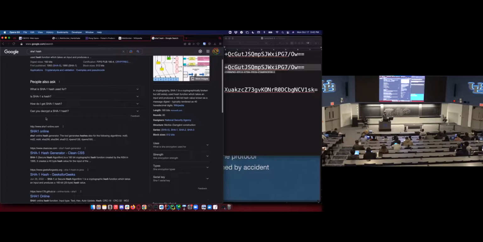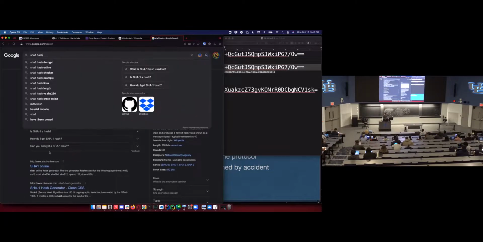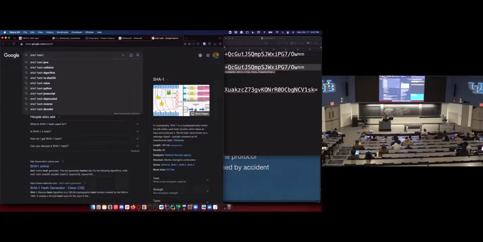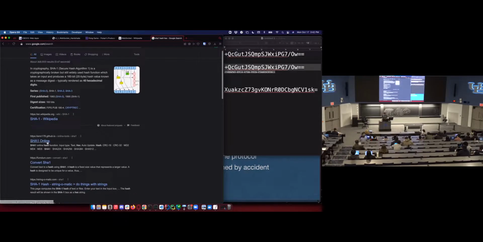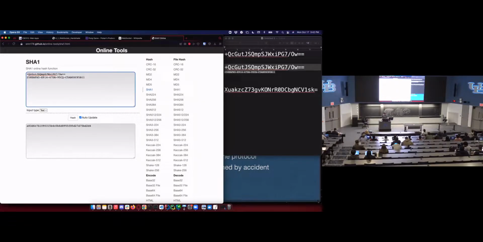So one thing that's really important. Should I do it the wrong way first? I don't have enough time to do it the wrong way. One thing that's really important is that when you compute the SHA-1, make sure you're using a hex hash algorithm. Make sure you're doing it in hex. If you're getting the output as a string, it's not going to work the way you want it to. So let me get the SHA-1 hash of this.